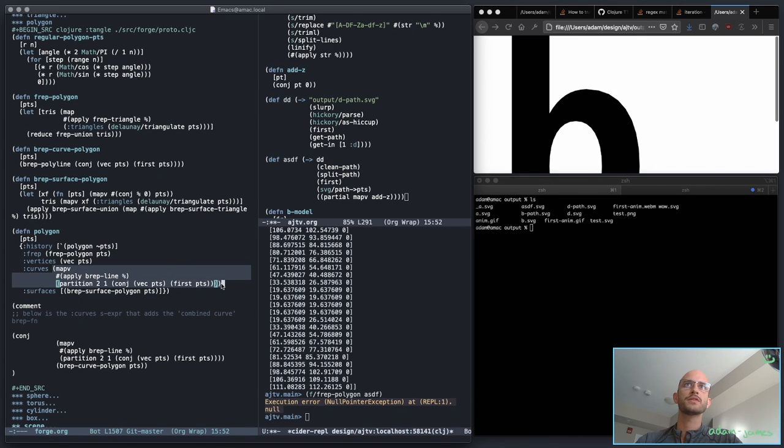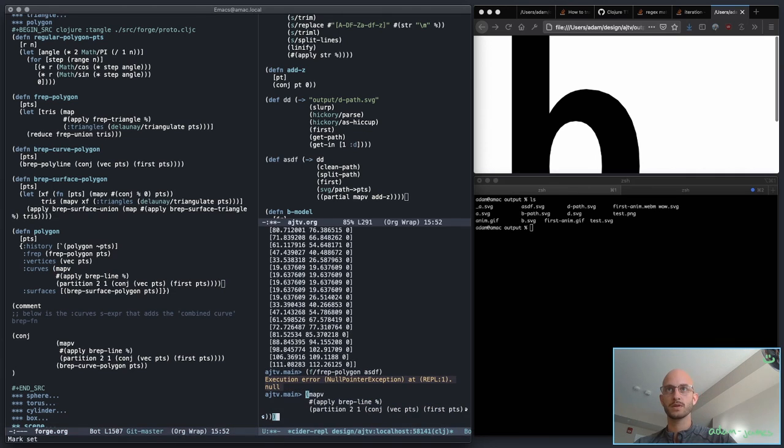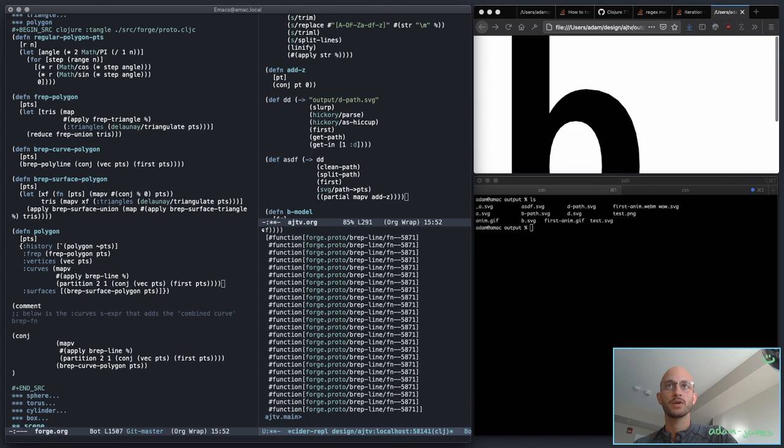Let's try to run this little thing. Map v apply f/brep line over the partition 2.1 not of points but of ASDF. Okay, that worked. Now let's, okay, so